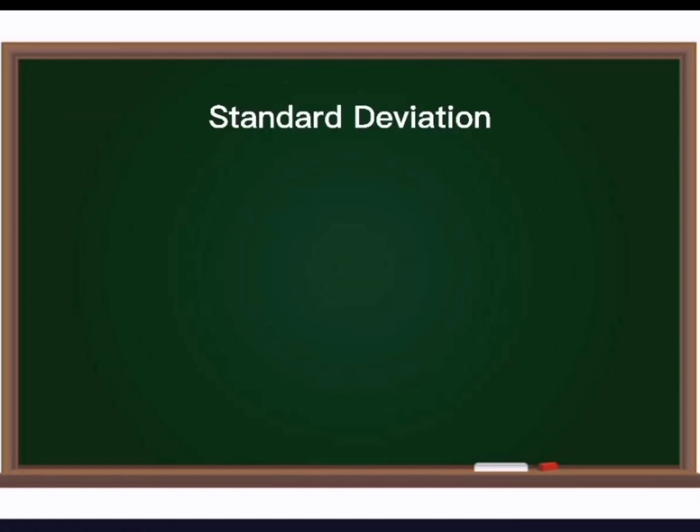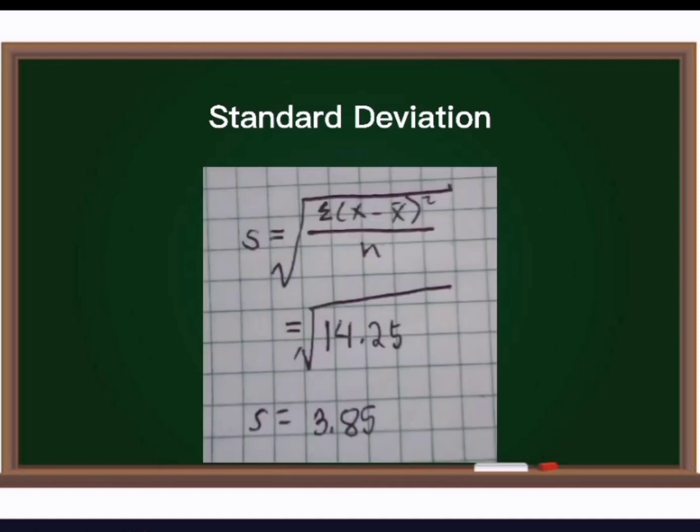To calculate the standard deviation, we are just going to take the square root of the variance. Using this formula, standard deviation is equal to the square root of the summation of (x minus x bar) squared over n. Since the summation of (x minus x bar) squared over n is equal to 14.25, let us just take the square root of 14.25,